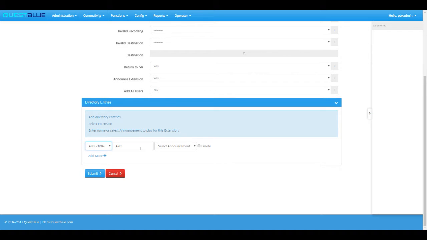You can select a name here that is other than your name. So for example, you are the CEO of your company and you have an assistant assigned to you. You can customize this to, say my assistant's name is Phil. So when someone dials into my extension at 100, they're not going to come to me, they're going to be routed to my personal assistant Phil. So that's another option that you have. So I'm just going to put it back to Alex,